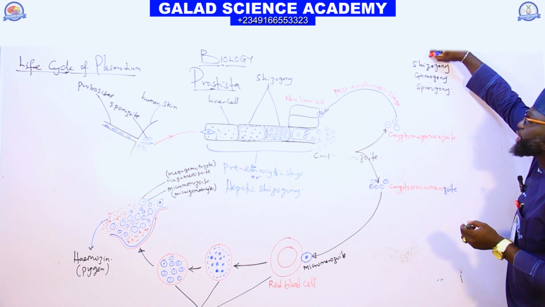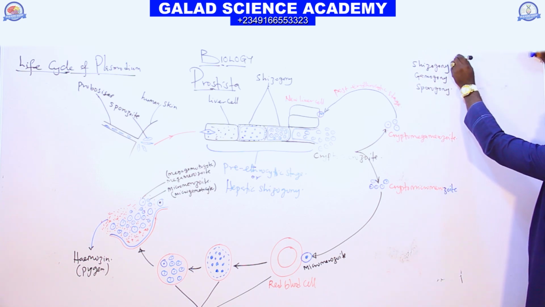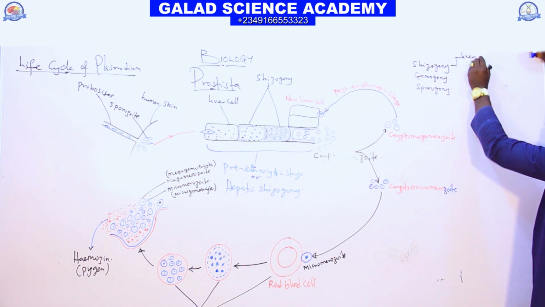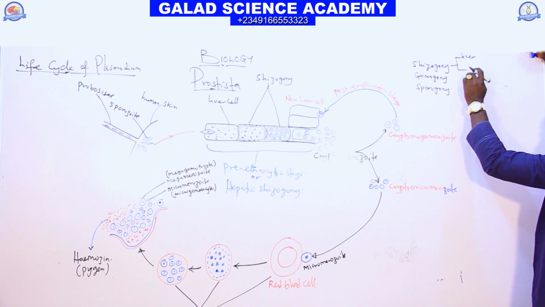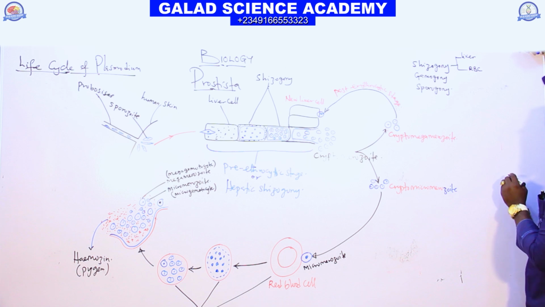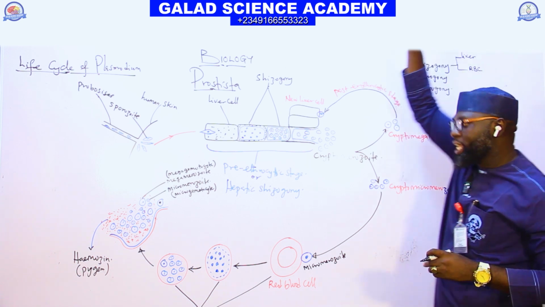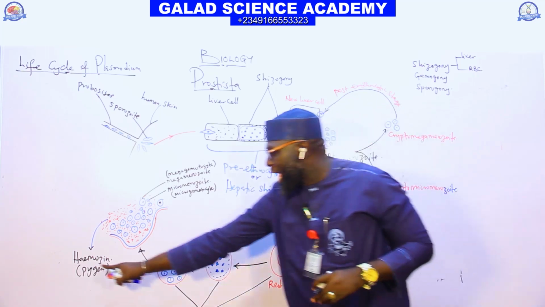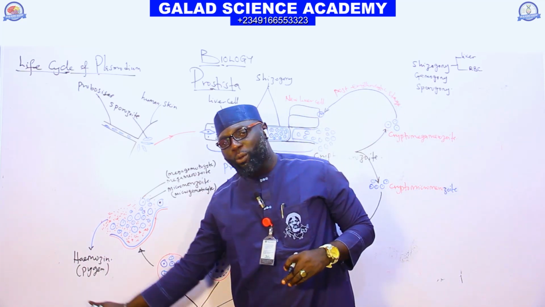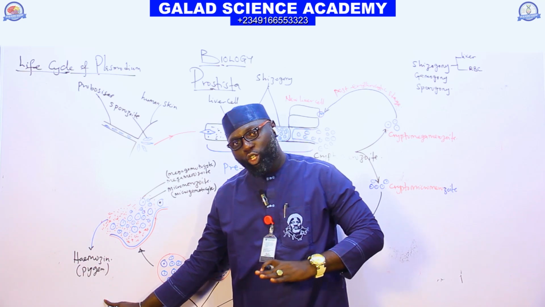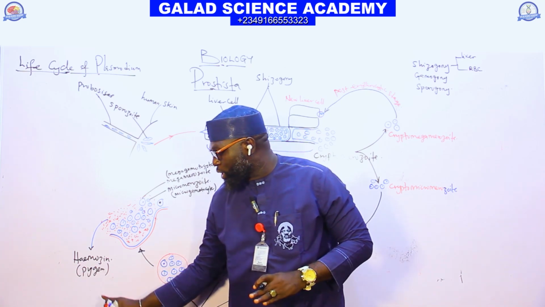So this zygogony takes place in the liver first. The second stage takes place in the red blood cell. So the product of zygogony in the red blood cell is merozoites and the chemical substance that is released into the blood, and it's also called